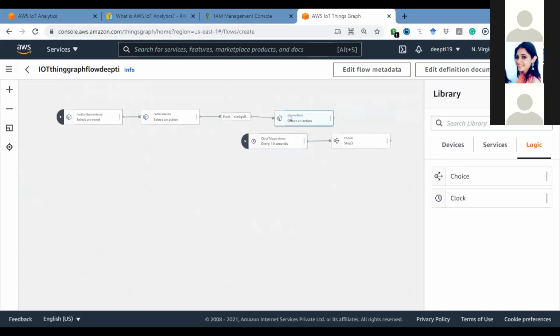The choice you connected with the screen recorder, this one. This choice you connect with the screen. I'm saying to connect choice with screen. Ma'am, just connect this dot with the dot. You don't need to drag it there.